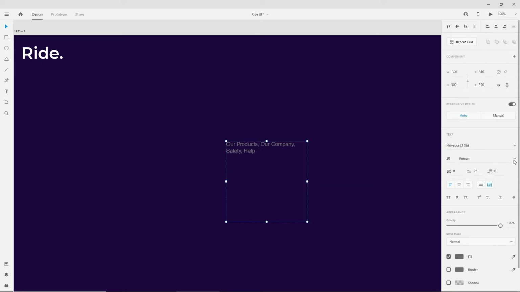For the weight, I will stick to Roman, and for the size, I think I'm going to stick to 20, but we can also leave this text area for now or just extend it like this. And in fact, we can actually put it to point text as well. So it kind of gives us this square which we can move around. And I'm not actually done with this text. I want to make sure that this text is also white, so I'm going to choose the color picker and just select the first white color from here.